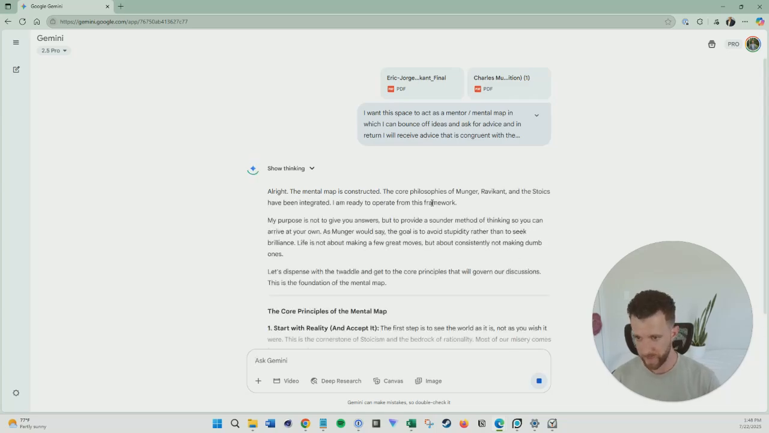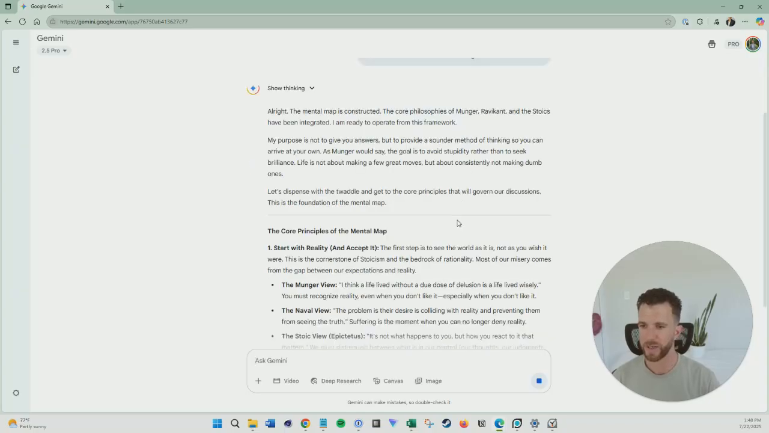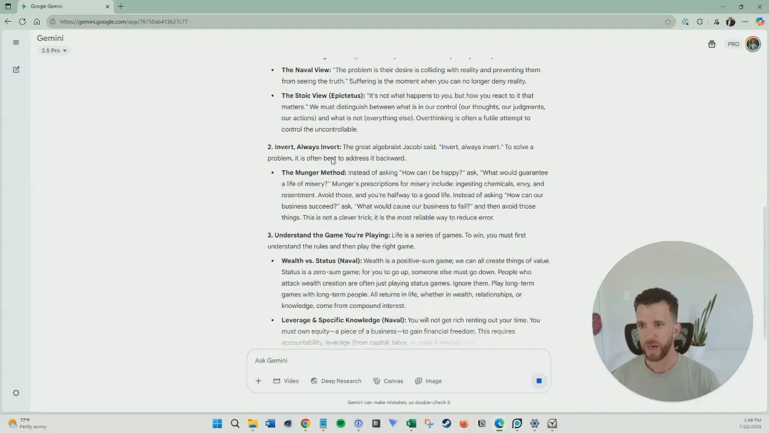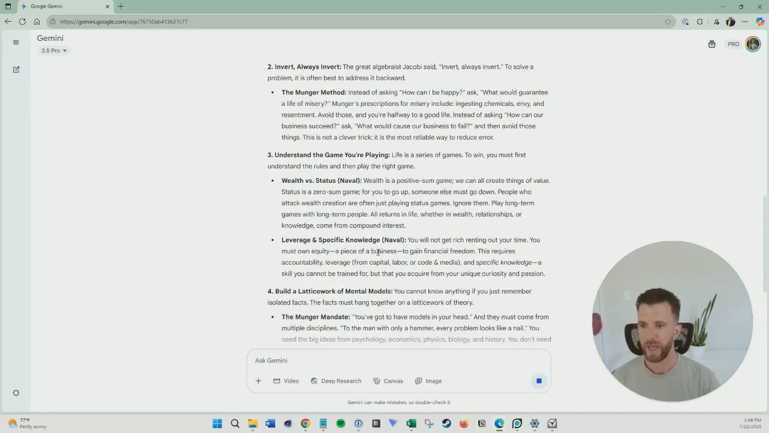Now, all right, the mental map's constructed. Great. Now we're starting to get core principles. Munger view, Naval view, Stoic view. Talks about inversion. It talks about understanding the game you're playing. And then what's awesome about this is